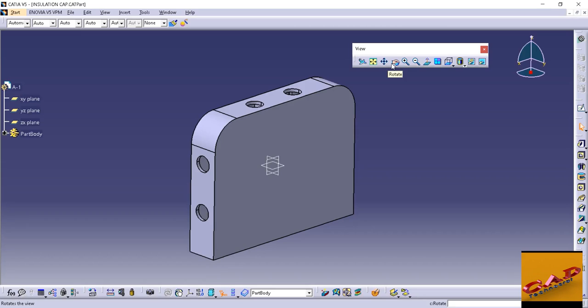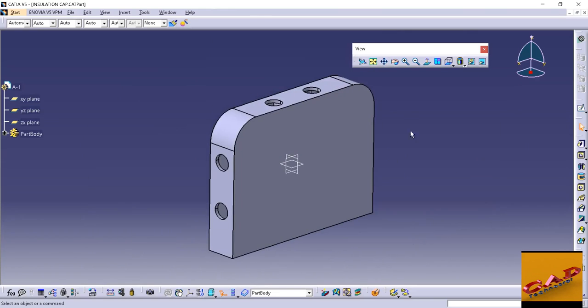So if you are a beginner, I recommend you use this toolbar instead of the combination of mouse buttons. If your scroll button or roller is not working, you can use this toolbar also. Just click on the pan toolbar, left click on the window, and you can move the object.